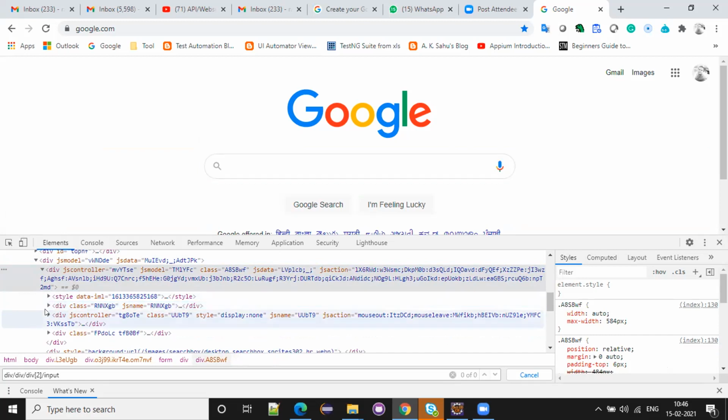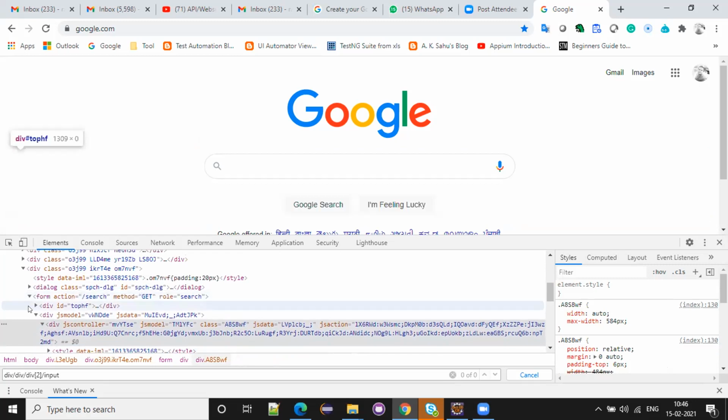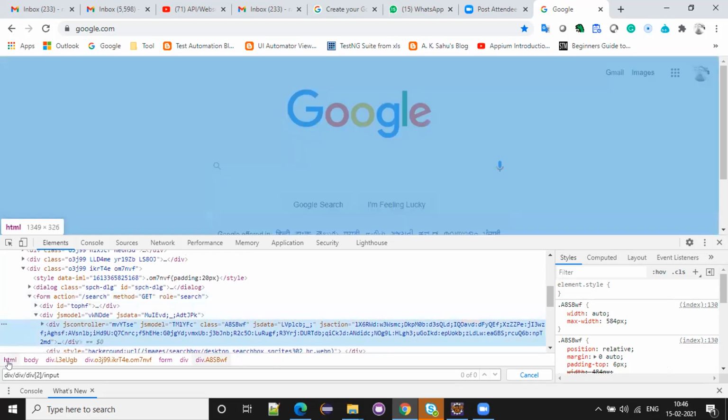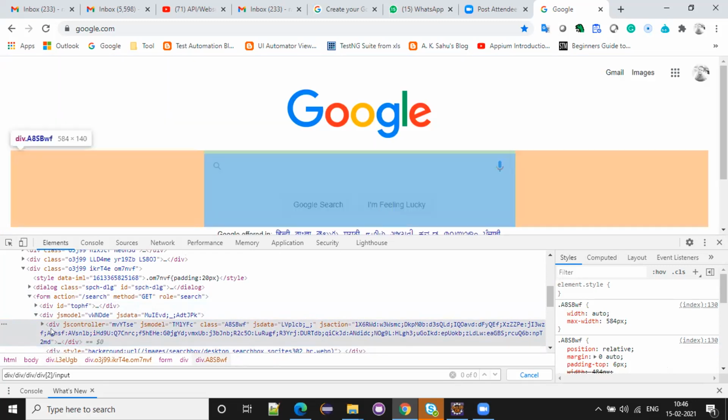So I think we are here, right? So this div is also a single div, right? So this div falls in this div, but this is like the second div in its form.